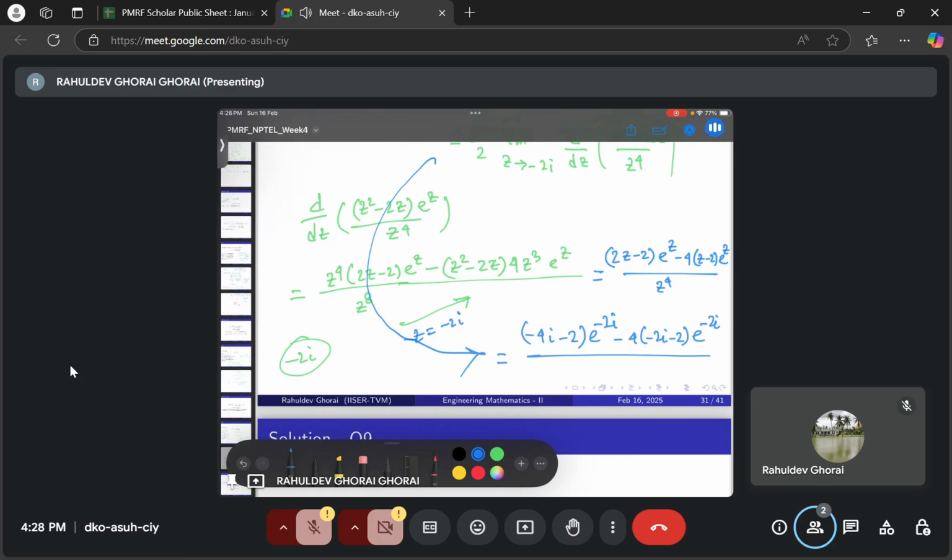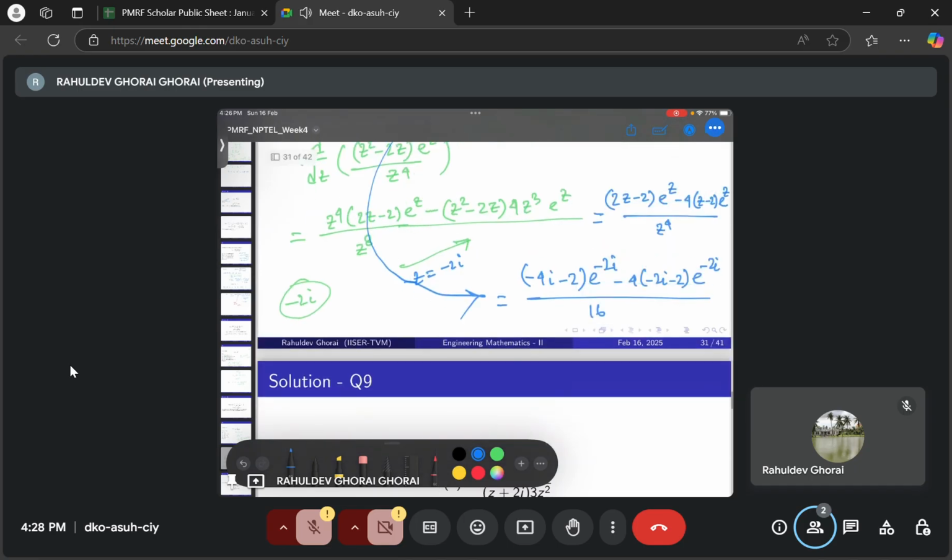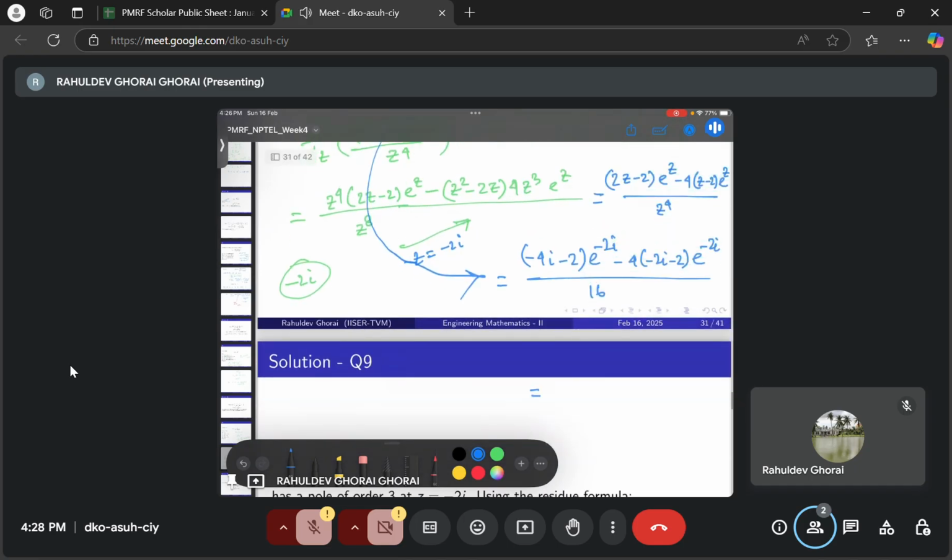So 2 to the power 4 is 16. i to the power 4 will be 1, right? So that is nothing but e to the power minus 2i over 16 of